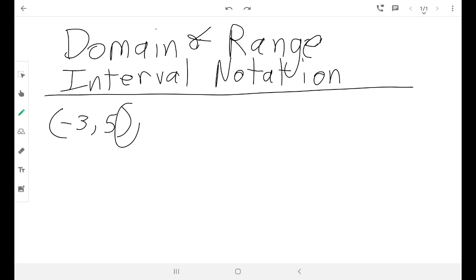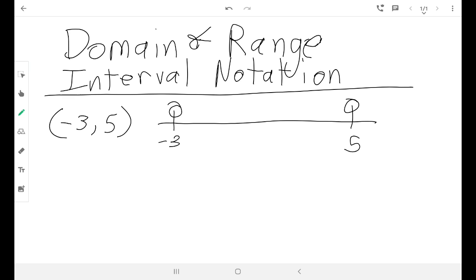the parenthesis notation tells me that I'm not going to include it. So on a number line, the way you would graph that is you would have an open circle at -3, an open circle at 5, and then you'd be talking about everything in between them. This would look the same as saying I'm talking about every value between -3 and 5, but not including -3 or 5. On the other hand, if I use brackets,